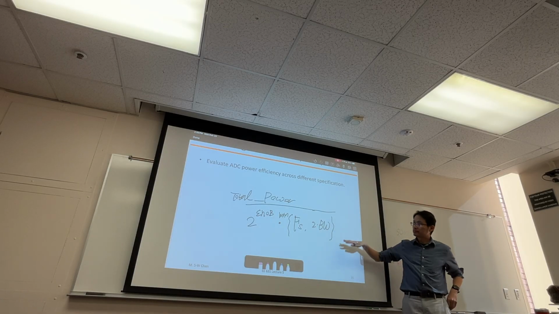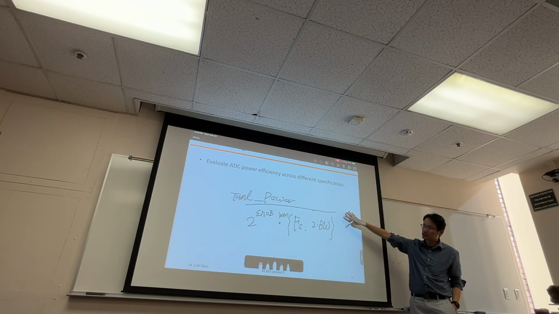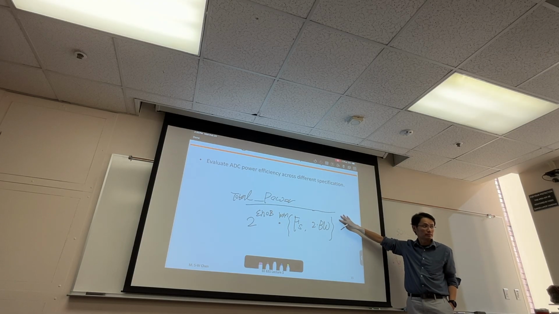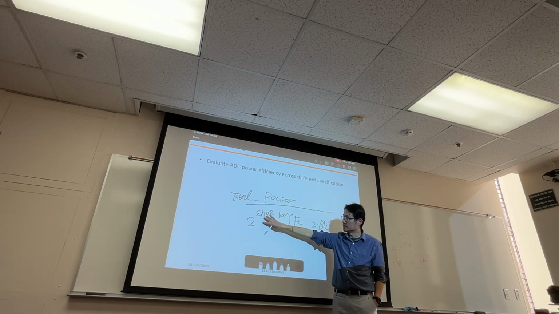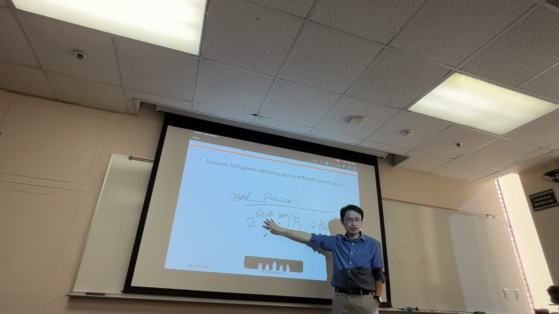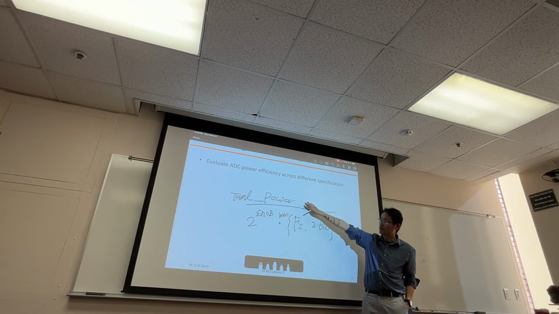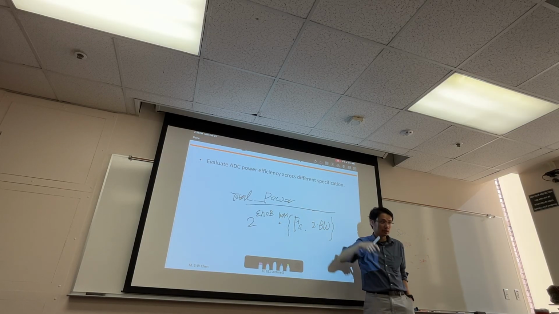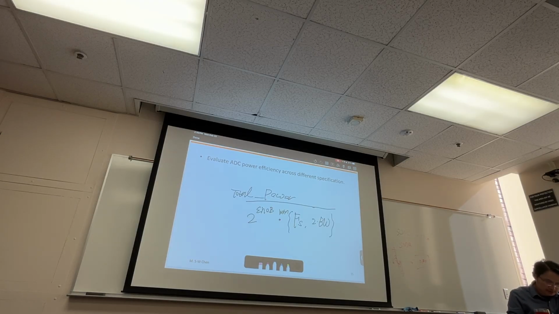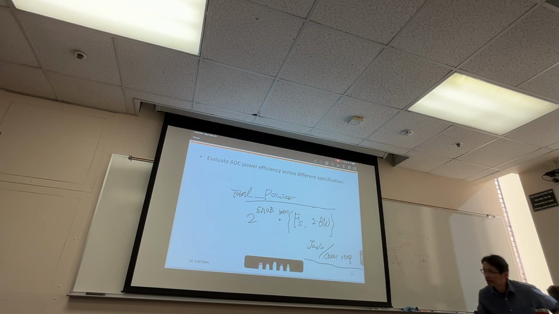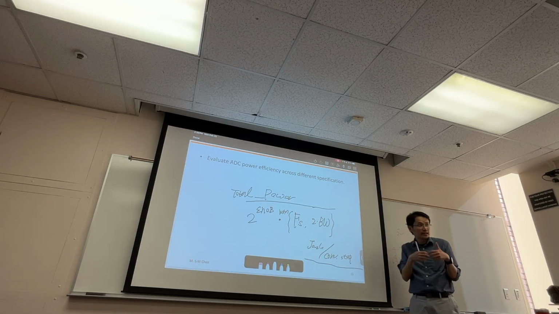So this number, of course, smaller the better, right? Basically, given the same ENOB that you achieve and the same sampling speed, you want the total power consumption to be as small as possible. If you look at the unit, this comes down to joule per conversion step. So this is energy consumption. Basically, this is how much energy you're going to consume